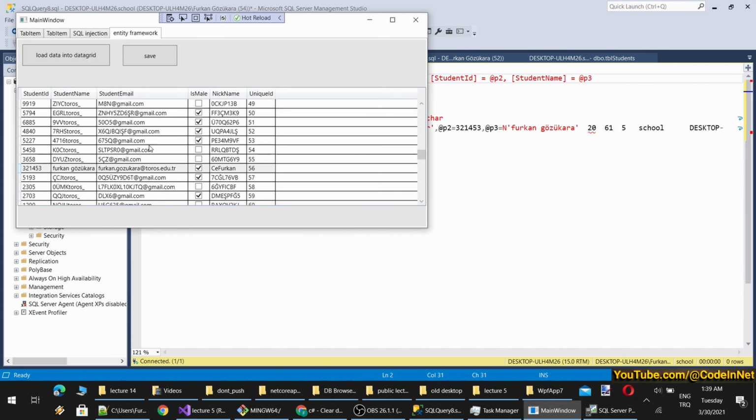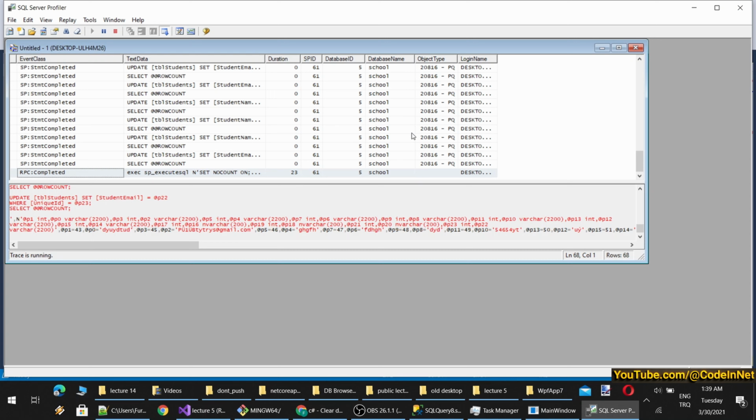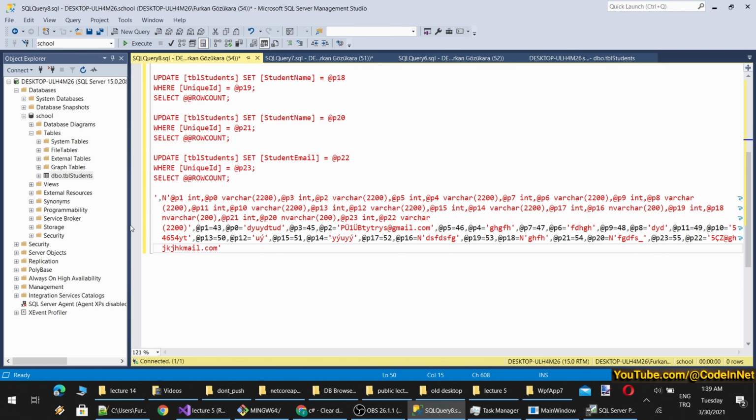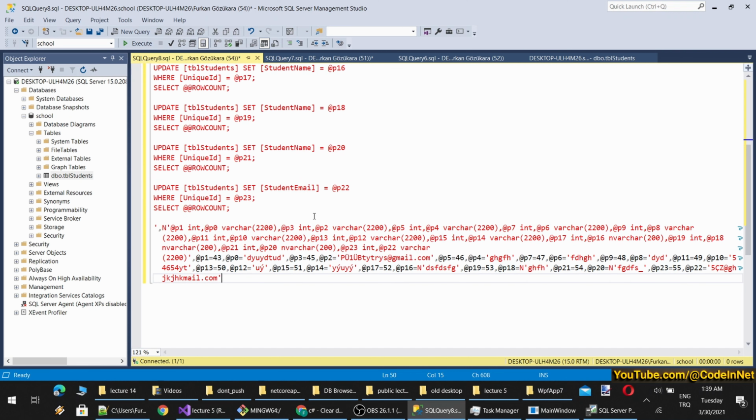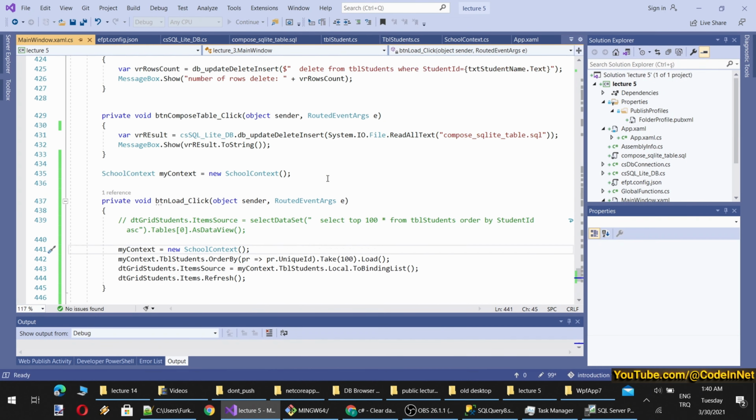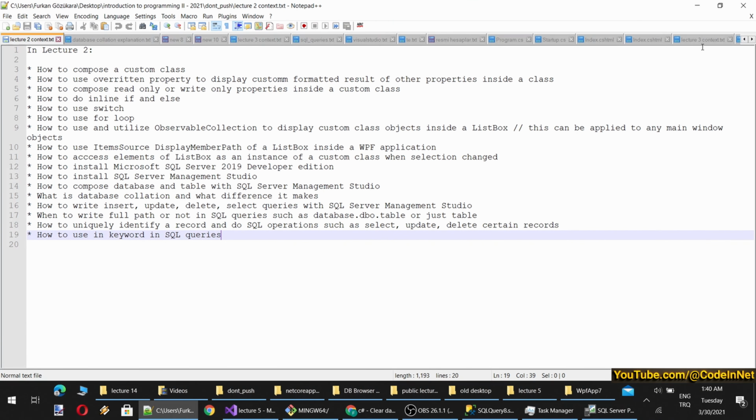We can even update multiple columns. For example, let's set this something like this, multiple records. This here and here, whatever I want. I will just put some values, and when I save, let's see what happens. Okay, you see, it is executing an extended stored procedure. Stored procedures are another thing related to databases. It's providing the parameters of the stored procedure as this, and they are all getting updated. Okay, this week I will end it here, and next week I will show some more queries related to Entity Framework.